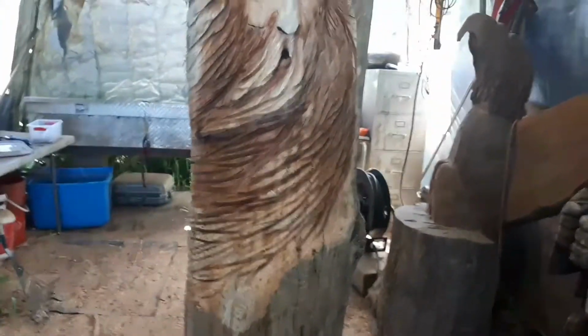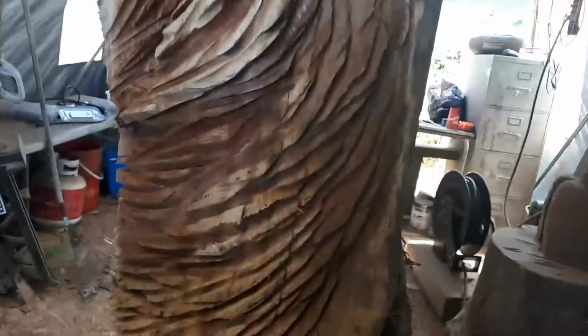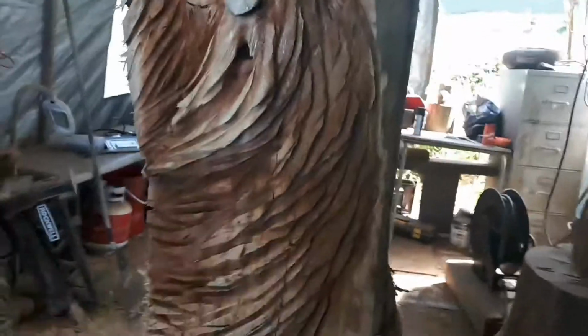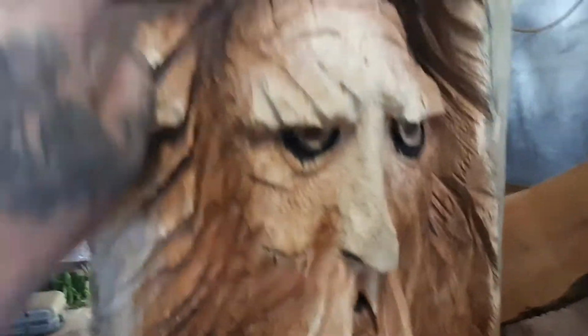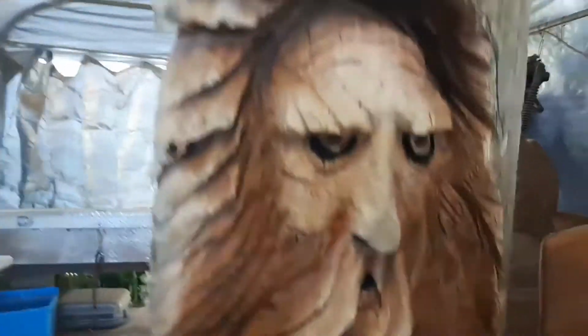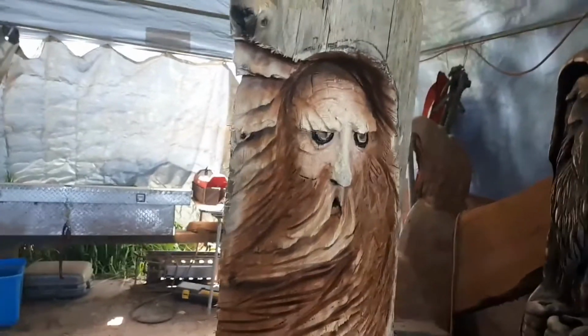Okay, so guys, when you're doing your wood spirits, the thinner that you make your beard hairs or whiskers, whatever you want to call them, the better it's going to look. I did some, see, I got carried away, but that's okay. I made some hair, so like his hair is kind of blowing out in the wind too. I kind of like to do that on all my carvings, at least a little bit, one piece, one side of hair. So now what I'm going to do